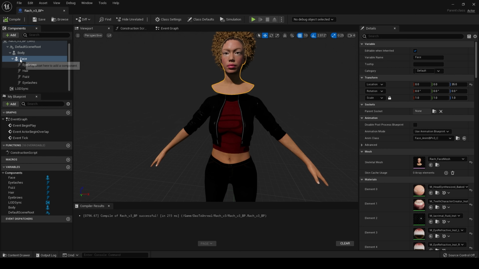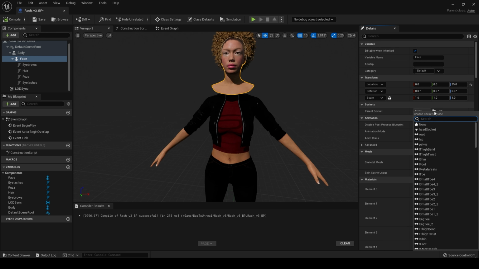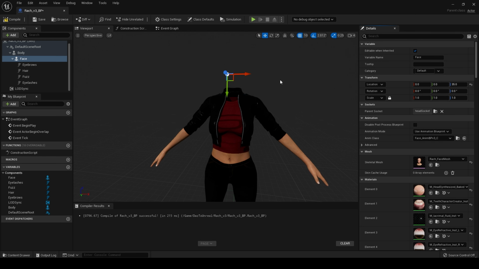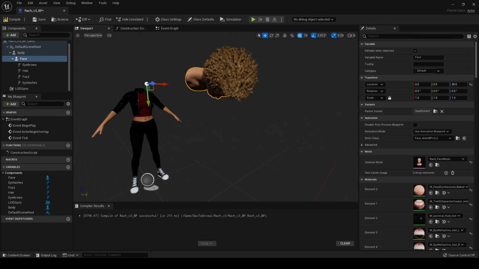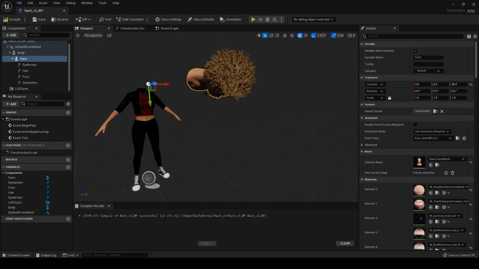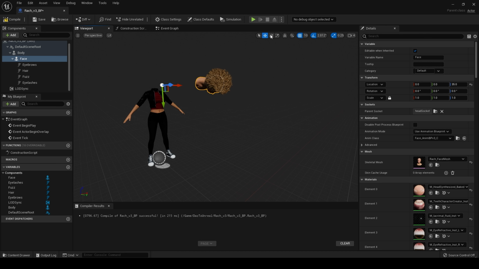I forgot that step, so make sure that, and then you can come over, hit the folder icon, and we are looking for this socket we just created, head socket. Select it, and obviously our head flies off. And let's just take a look at the head. Right, okay, so it's going to need rotating this way, but we're not going to do it here.